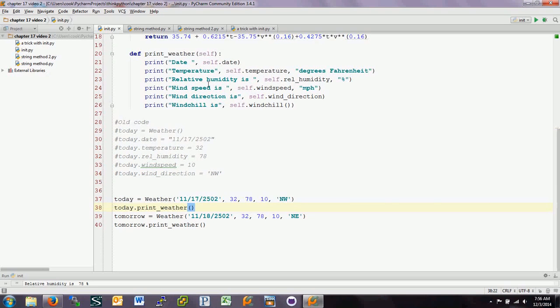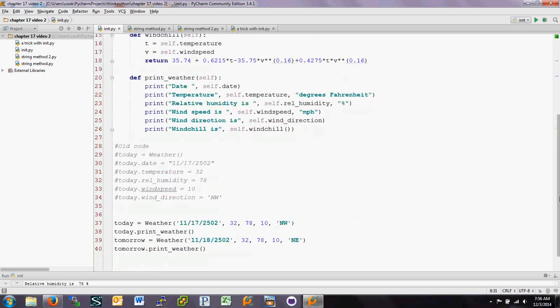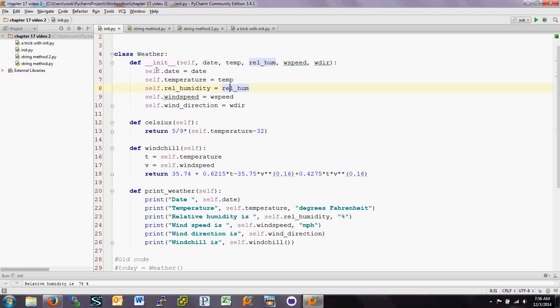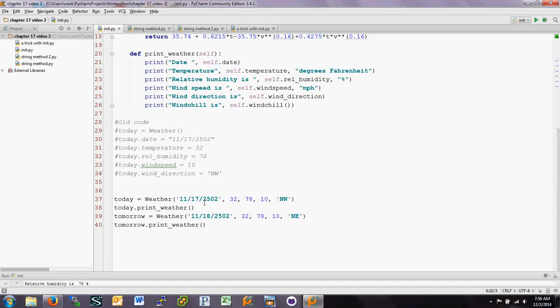And the other thing to notice is that up here I'm referencing self.date, self.temperature, self.relative_humidity, and so on. How did those things get set? Well, they got set through this __init__ up here. So when we constructed this for today.date, for example, think of this self as today.date. When we instantiate with today, it becomes 11/17/2502. So after we call this __init__, we could do print